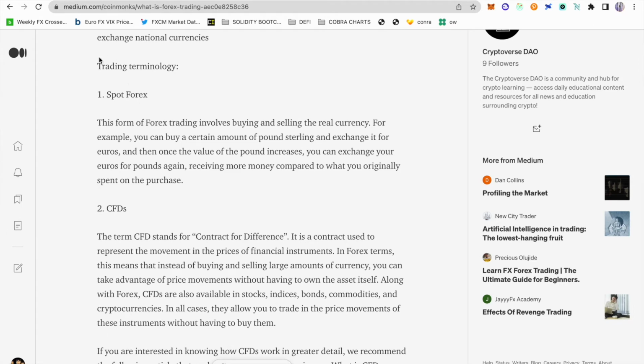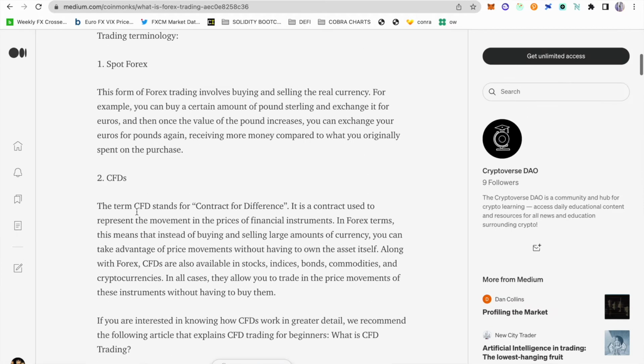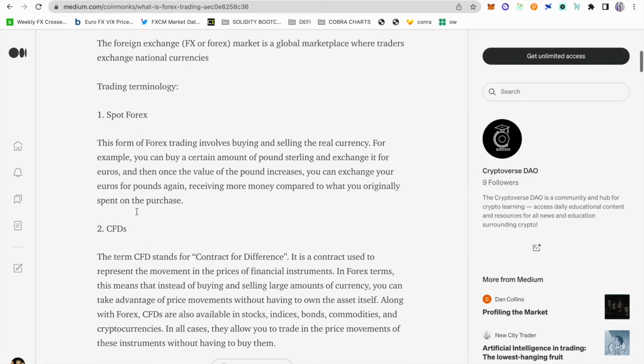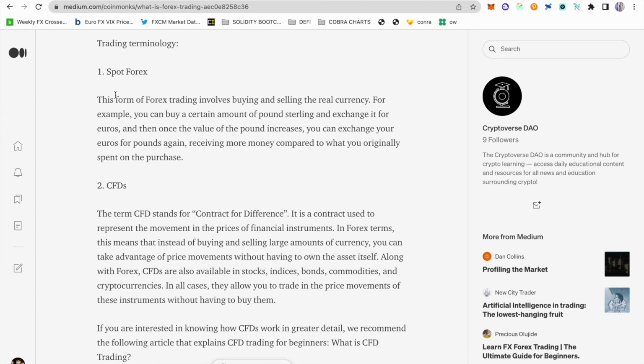Let's continue. Trading terminology. So these are things that you're going to see as you start to leverage trade, and then you subscribe to things like Plus500, Trading 212, and MetaTrader, and all these brokers. These are the kind of things that you have to keep your eyes on. So I think it's important to understand and define these things.